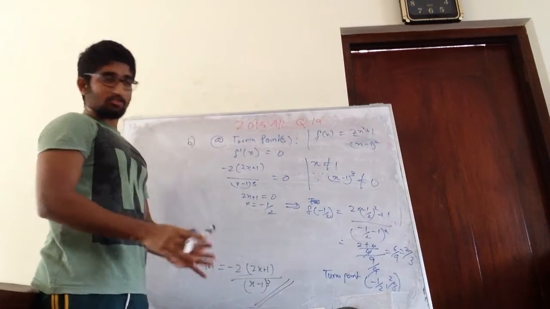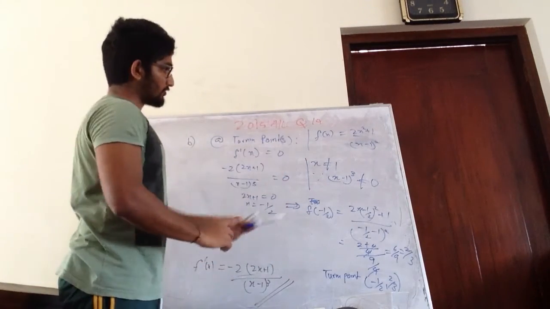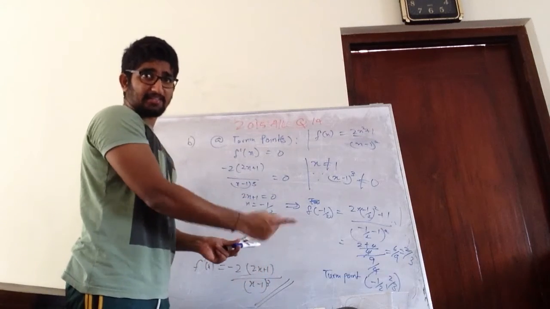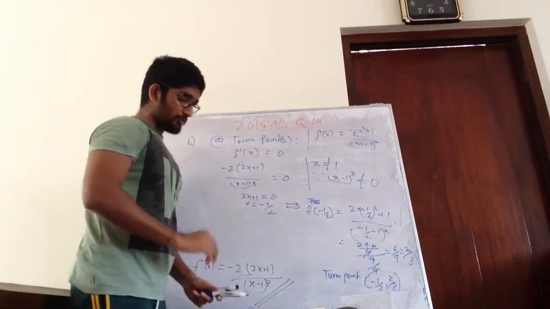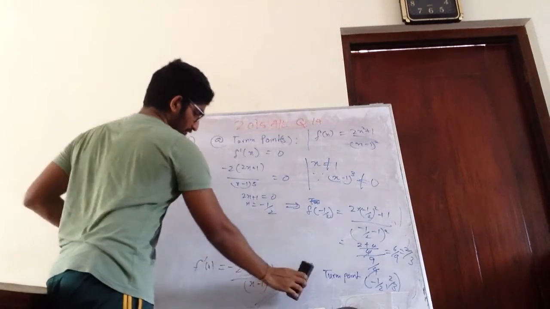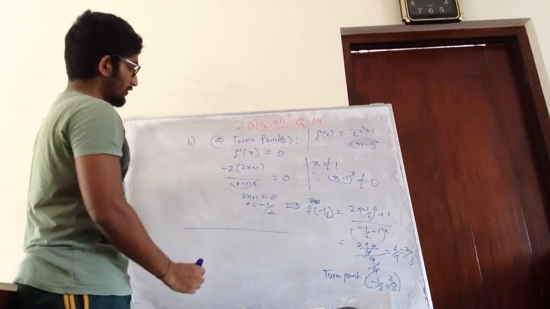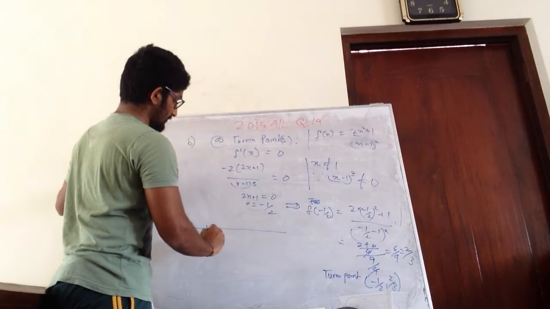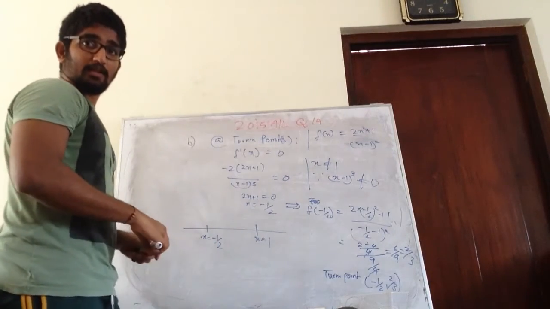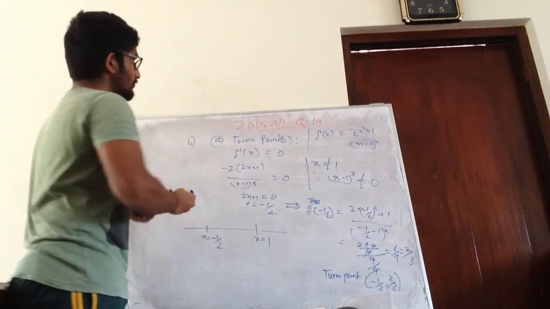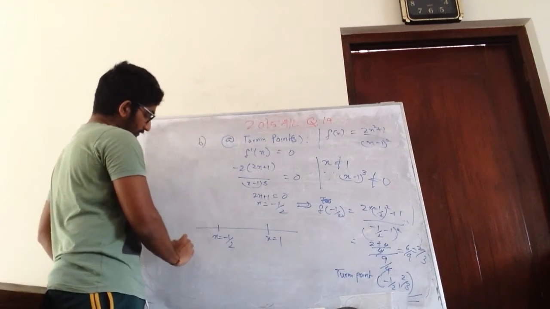Right? But now we have to evaluate. We know the asymptote, because they are asking here, we can write the asymptote as x equals 1 here as well. Okay? Right. So then we have to evaluate this and see. So x equals minus half, x equals 1. Now we have to evaluate dy over dx too.